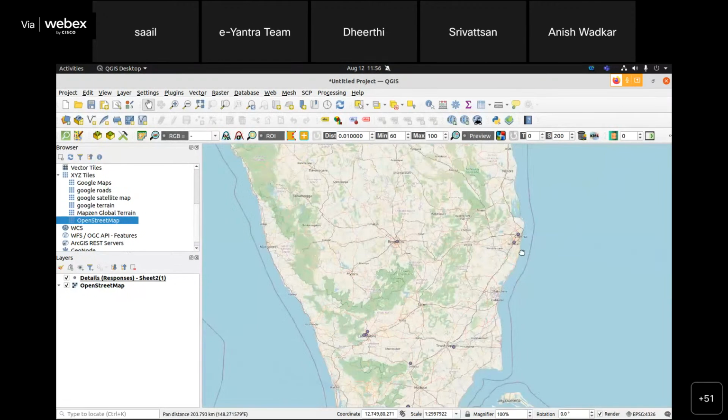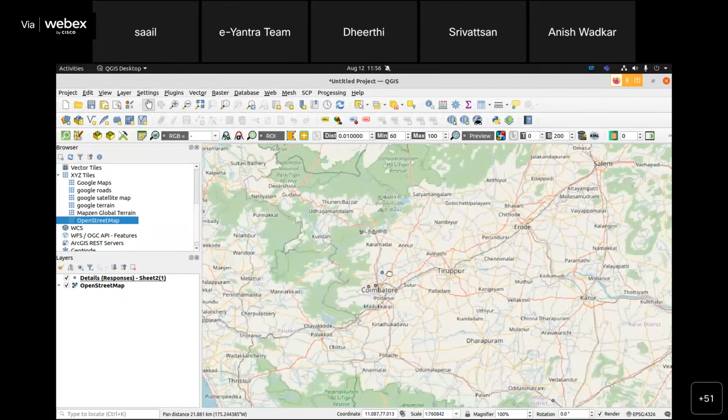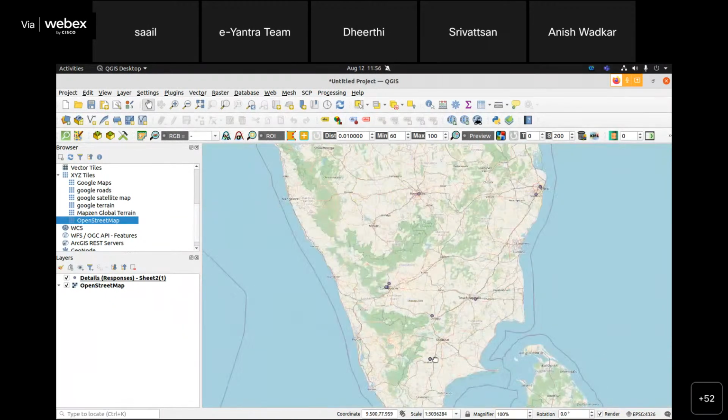We have a few from Chennai. We have a few from Coimbatore. So these are all the data that you have submitted. Like you clicked on that link, so I recorded your geolocation, your lat long, and I'm displaying it on